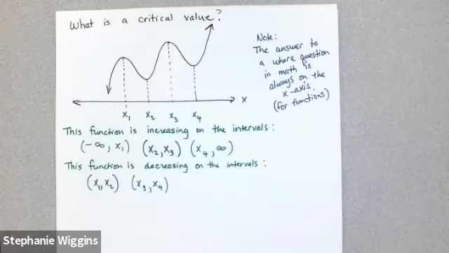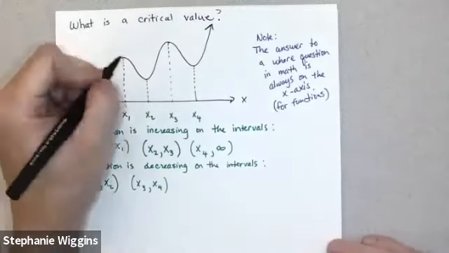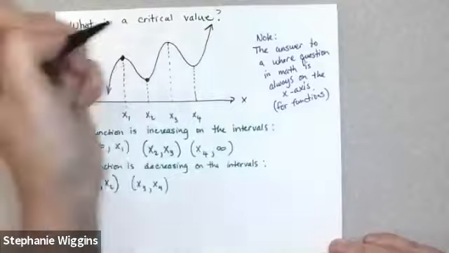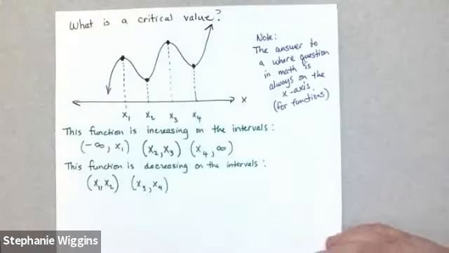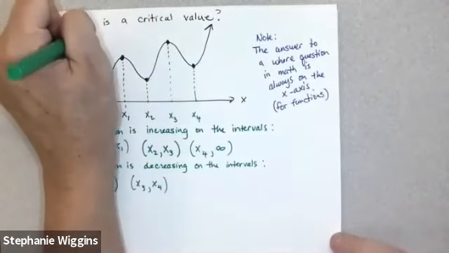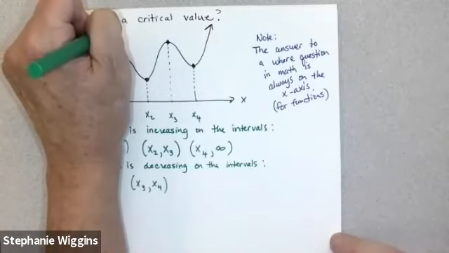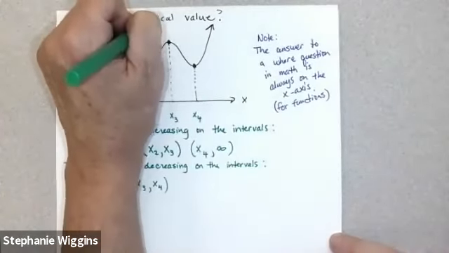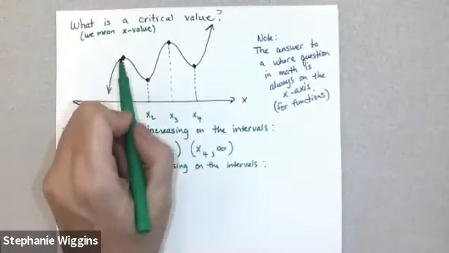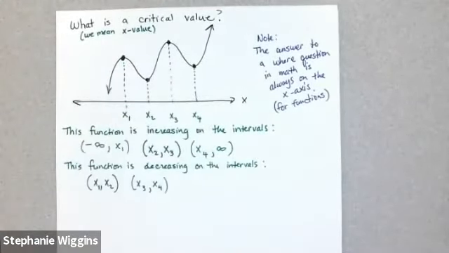All right, so back to the question, what is a critical value? Well, a critical value is where it goes from increasing to decreasing, where there's a change or something important is happening, okay? So the critical values for this function are right here, right here, right here, and here. But when I say critical value, what I'm talking about is an x value. A critical point is the actual point itself. A critical value are the x values that correspond to those points. So the answer here is